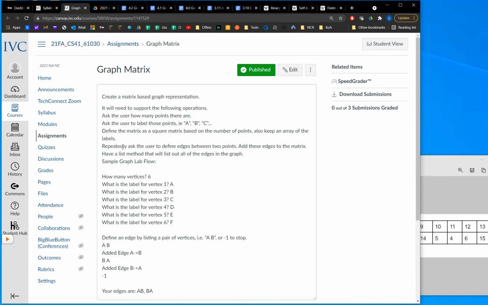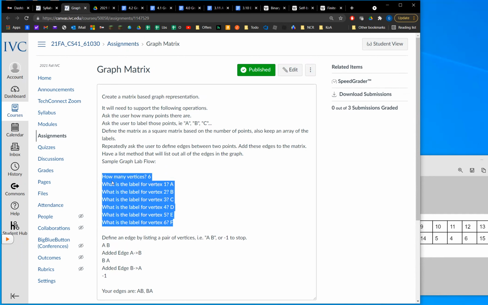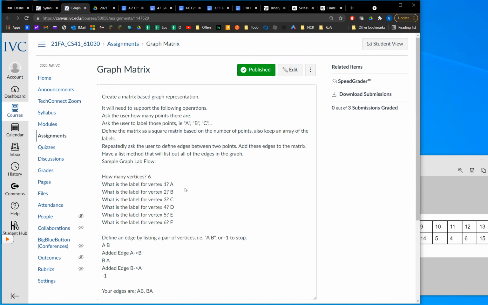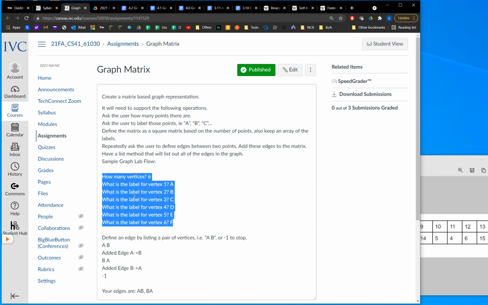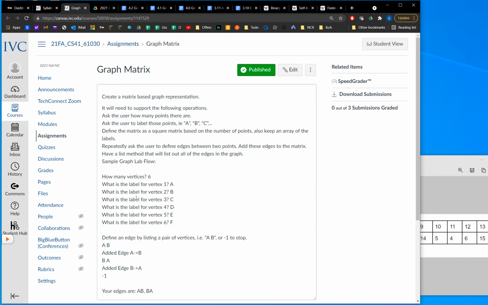For arrays, you'll ask the user to define a pair of points, and then they will just set them up, right? So the user says they want 6 vertices, they label them all, so this just goes into a string array. A, B, C, D, E, F. You can assume that the user is going to alphabetize them for you, but for the purpose of the lab, it doesn't much matter. And you'll ask them to start adding edges to the graphs, right? Initially you have a 6 vertex graph that is fully disconnected because there aren't any edges between any of the vertices. So you're giving the user the ability to add edges,